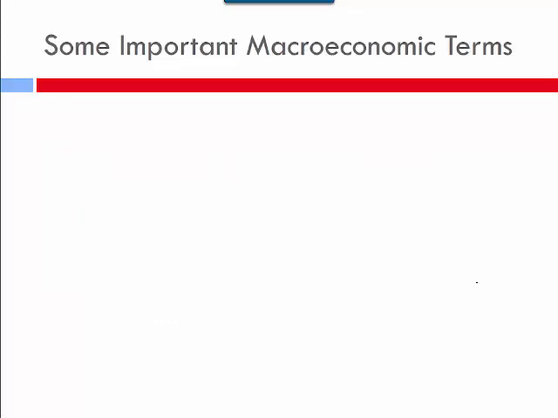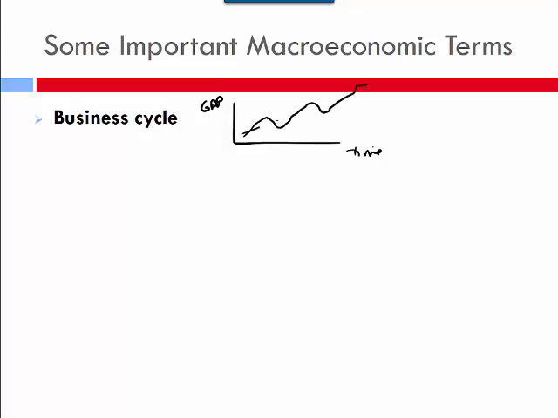Some important terms in this one: the business cycle. You hear a lot about a recession, or the opposite of that, an expansion, which you don't hear about as much. With the business cycle, we look at GDP over time, and we generally see it looking like this. We increase, and then we have a dip, a recession. Then we increase, then we have a dip. We increase like that. So over time, generally GDP is increasing, even though it's not a steady growth. We have periods of declining.